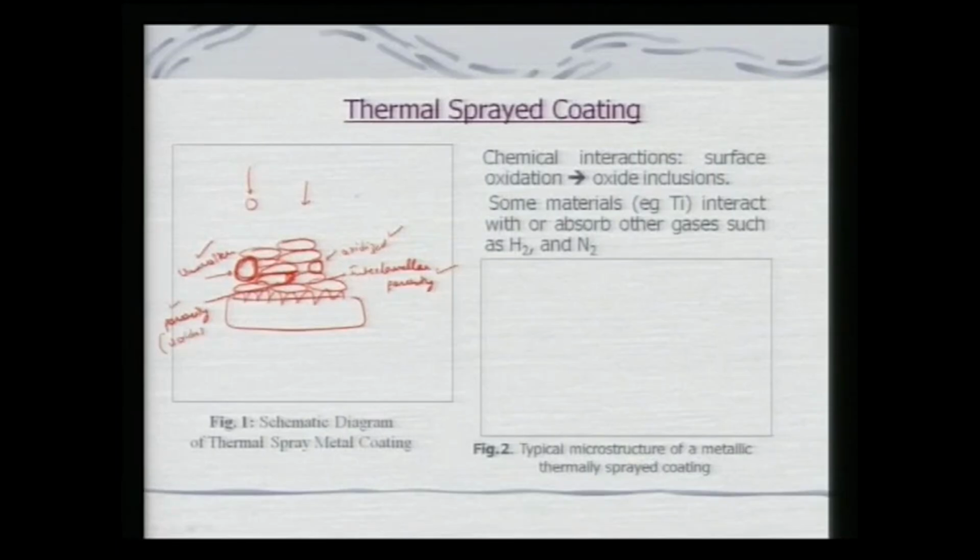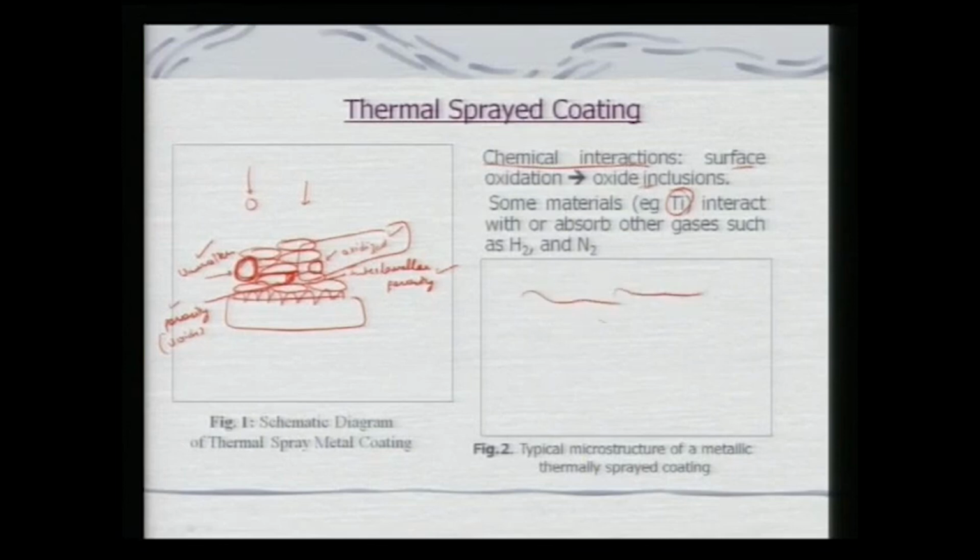So, we can see the overall defects which can creep into thermal spray coatings. Again, chemical interactions such as surface oxidation will lead to oxide inclusions. We can get some oxidation of the material, such as in reactive materials like titanium. It can also absorb other gases such as hydrogen and nitrogen, and form nitrides and hydrides. But the typical microstructure of plasma sprayed or thermal sprayed coatings appears more like this,